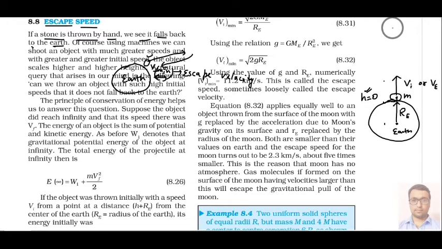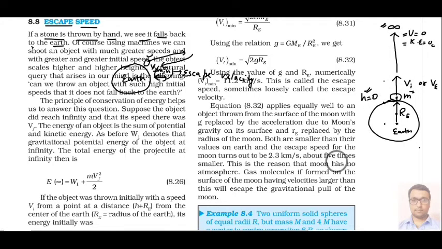So suppose this particle has reached up to this point, which is at infinity. Infinity is just a relative term. It means that point which is very far away from the earth surface compared to its radius. How much velocity is required to send that particle up to here? At infinity we consider that our potential energy is 0, and our kinetic energy, suppose minimum kinetic energy that is possible, that is 0. We provide this particle only that much velocity by which it can just reach up to infinity. So at this point your energy is 0.